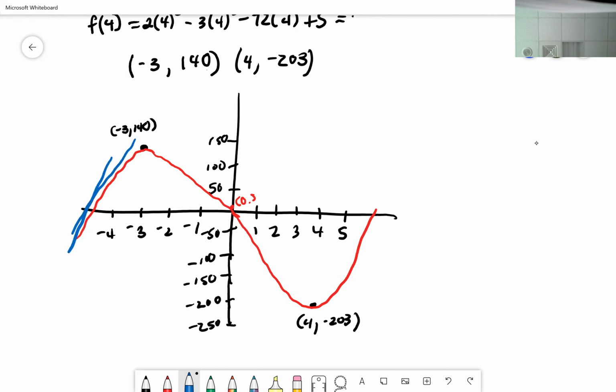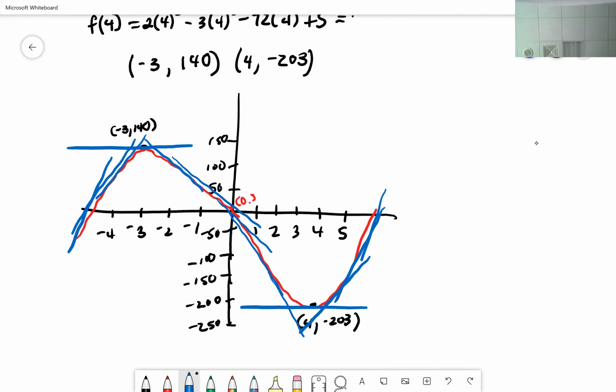It's increasing on this side, stationary right here, decreasing, stationary, increasing. Okay? That's what it should be doing. So if I come here to my decimals calculator, my lovely decimals calculator,